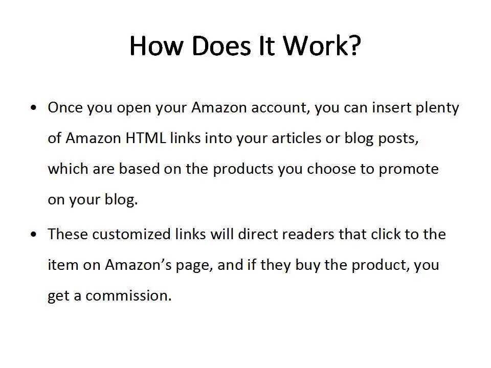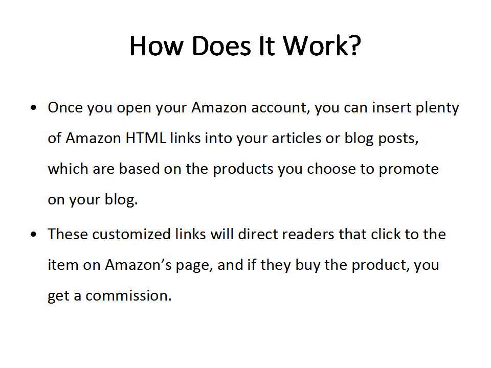So how does it work? Well, it's really simple. Once you open your Amazon account, you can insert plenty of Amazon HTML links into your articles or blog posts, which are based on the products you choose to promote on your blog. These customized links will direct readers that click to the item on Amazon's page, and if they buy the product, you get a commission. Best thing is that these links will remain on your blog forever as long as you leave them there, meaning you can be paid commissions for an endless period of time whenever someone makes a purchase